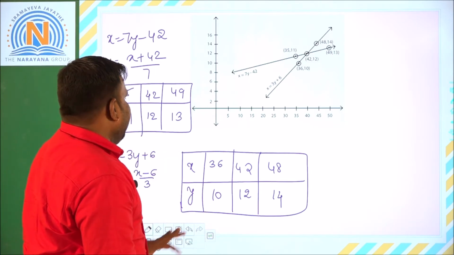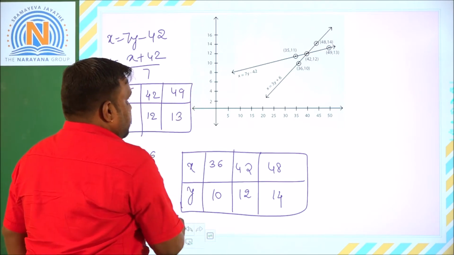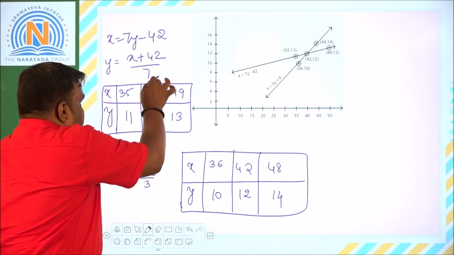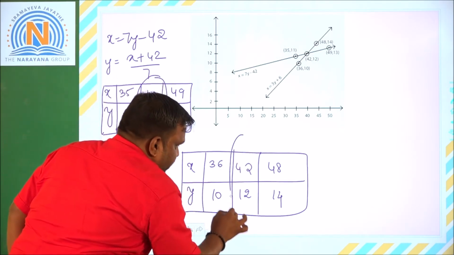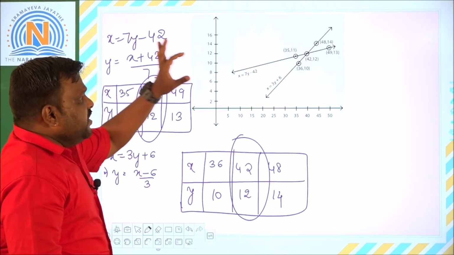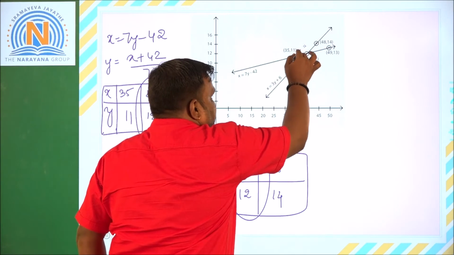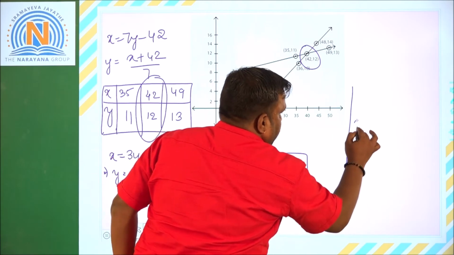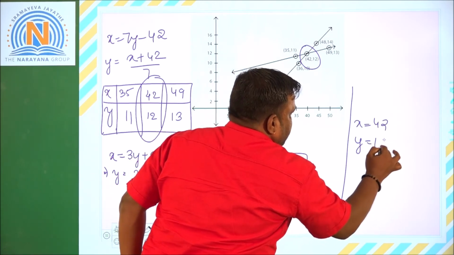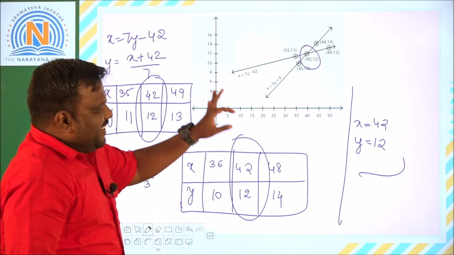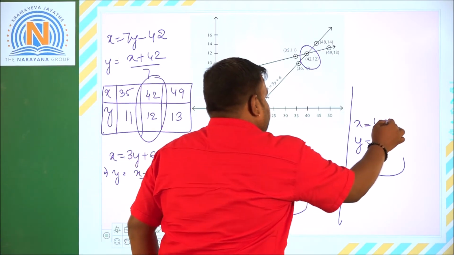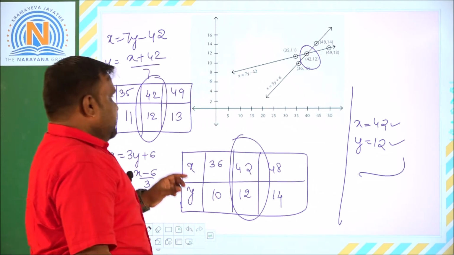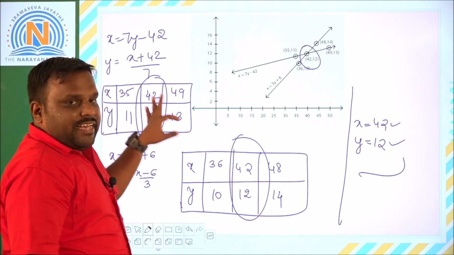Now when you plot these two particular lines on a graph sheet with these values, we are going to get these graphs here. If you concentrate on the values correctly, what are the common values of x and y? Here you can see 42 and 12, and the same case here also we can observe 42 and 12. That means these two lines are going to meet each other. Graphically, both are meeting each other at the values of 42 and 12. That means here the x value is 42 and the y value is 12. This means the present age of Shastri is 42 and the present age of his daughter is 12 years. So this is how it is represented algebraically as well as graphically.